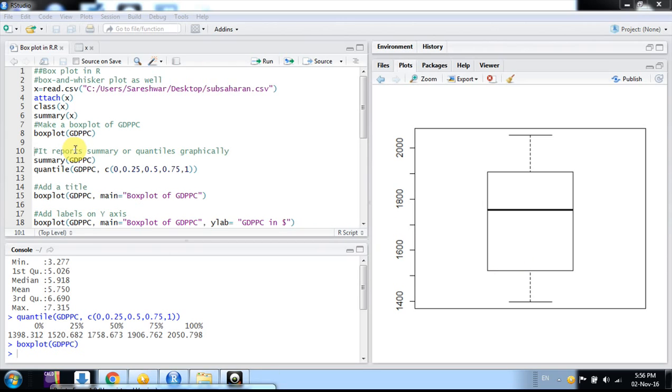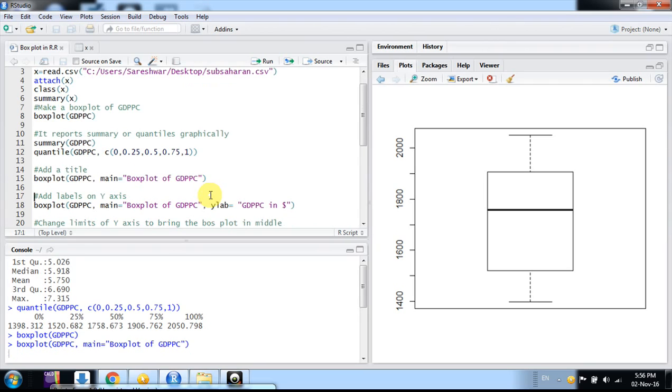But now we come to some additional things we can add to this. Suppose after making it, we want to give a title to it. So what can we do here? We can add an argument, main, like boxplot of GDP per capita this way. So here we can see this is the title.